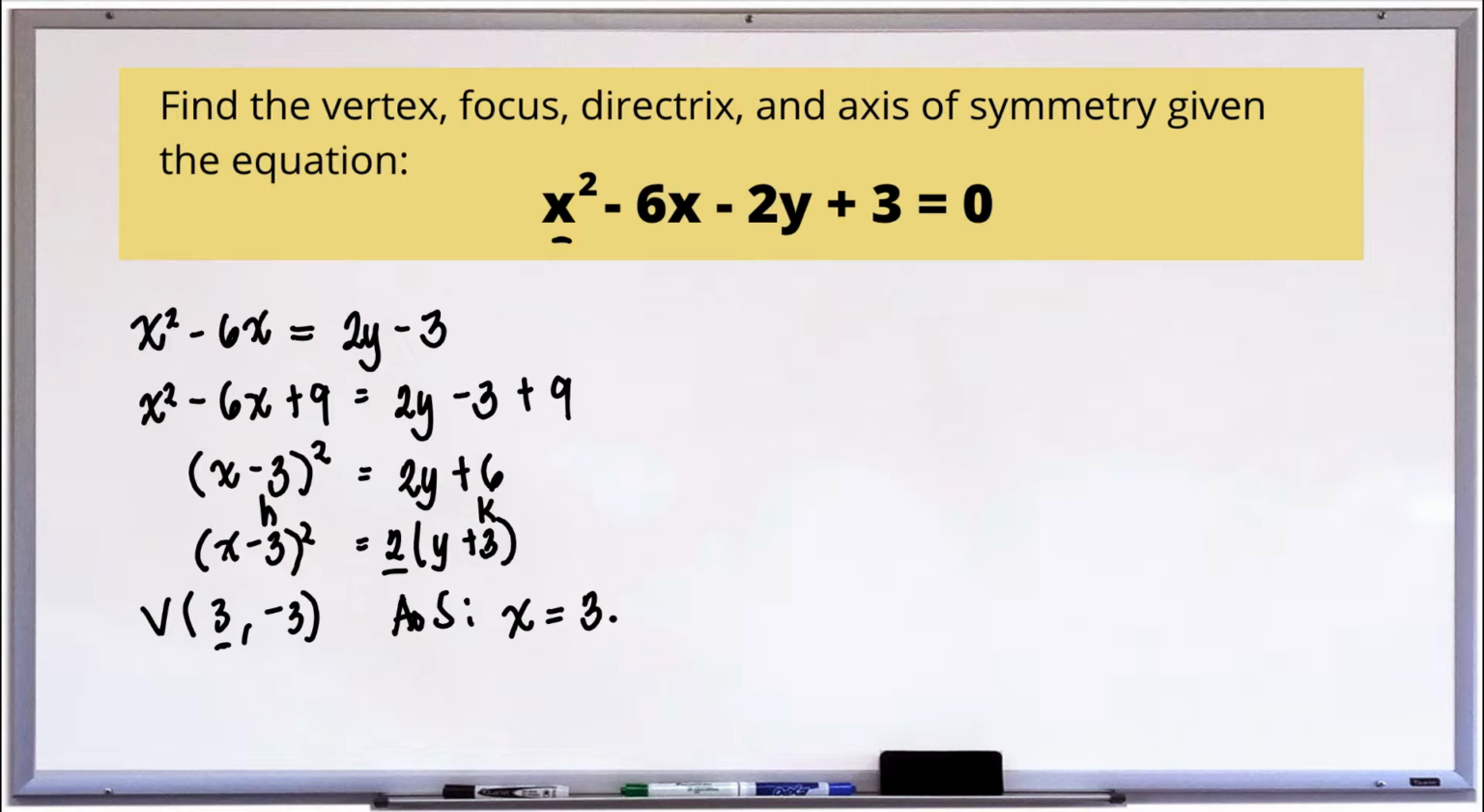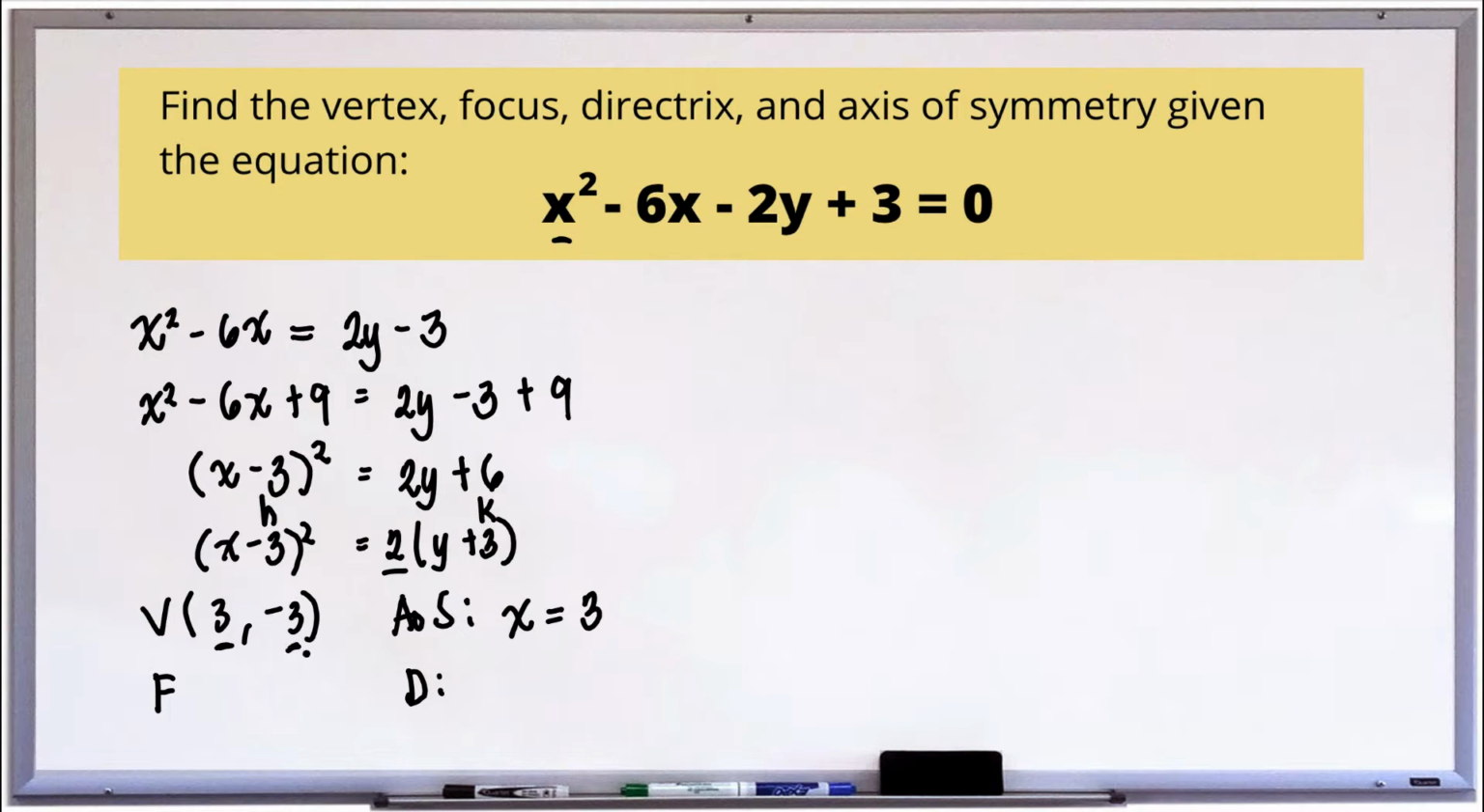If in another situation, y is squared, then our axis of symmetry is in the form of y equals c, and c is the coordinate of the vertex with respect to y-axis. So without plotting our vertex on the Cartesian plane, we were able to identify the equation of the axis of symmetry. As for the focus and the directrix, where do you think will we add or subtract the value of p respectively? Is it in the x-coordinate